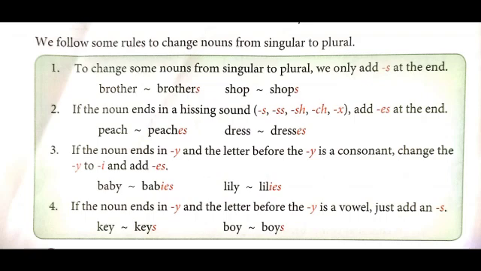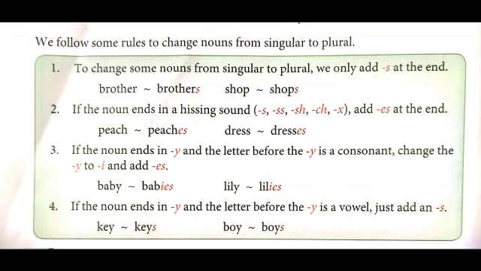Take the word baby. What is the last letter? Yes, Y is the last letter. Now, what is the previous letter? B is the consonant letter. I have told you already, A, E, I, O, U are the vowels. So, except A, E, I, O, U, all the remaining letters are consonants. Move to the examples.